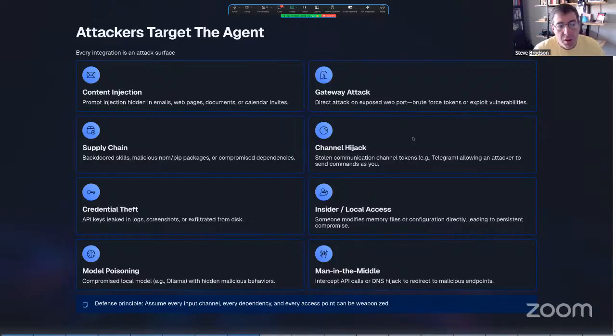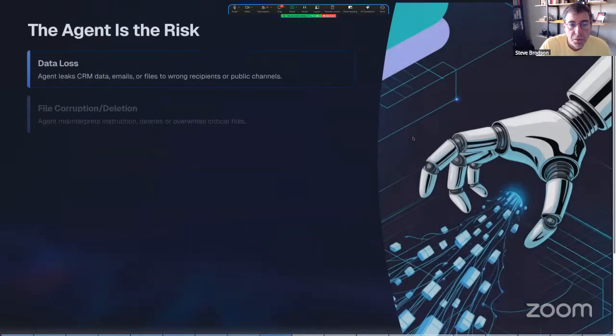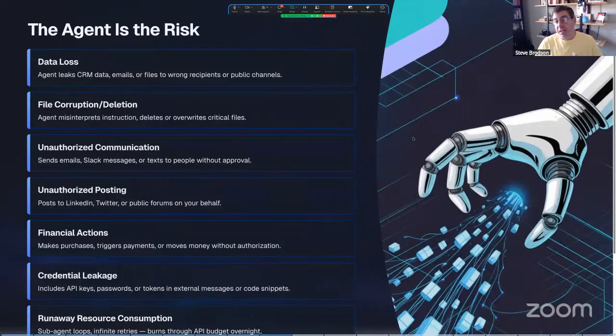But these are examples of the types of attacks that can be successfully prosecuted against an OpenClaw.